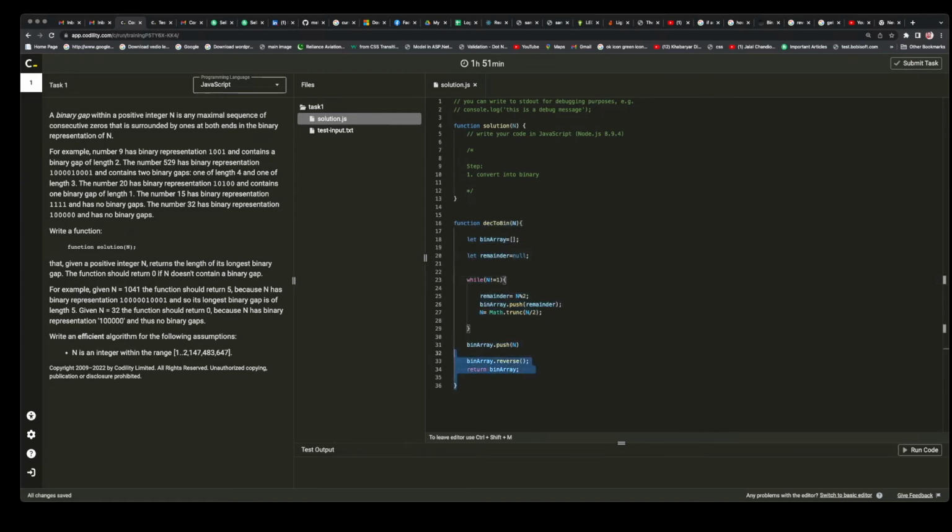Now we will write our main function. Here is how we're going to solve this: we need to get the length of the gap which has the maximum length, the longest gap in between two binary ones. To solve this, first of all we convert the number into binary, and the second step would be to